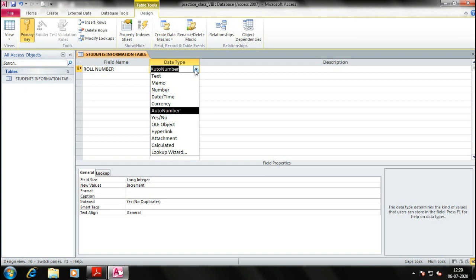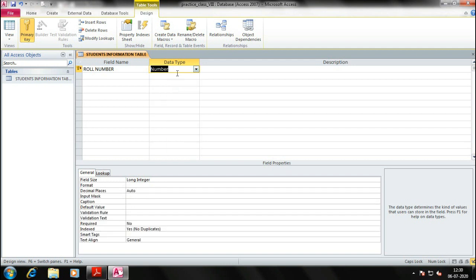It should not be auto number if you are creating the table from scratch. For a full class, you can take an auto roll number, which will help you create automatic sequencing 1 2 3 4 5 6 7 8, till the last one. Basically the roll number is the number itself, in the form of a number. So either you select number or auto number, it's up to you.